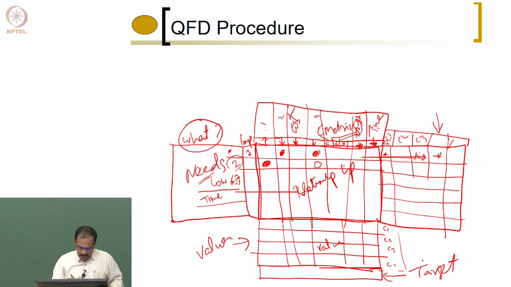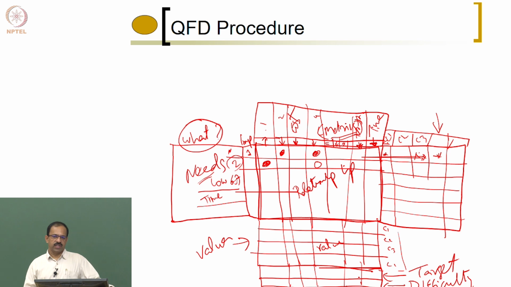Okay, then we'll have one more thing to say, how difficult it is to change the metric. Difficulty. Because some metrics are easy to change, some metrics are difficult to change. So which one is easy to change, which one is difficult to change? We try to identify here the difficulty level of each and every metric. Easy to change or difficulty level in terms of some ranking, you can give how difficult it is to change. So why we need to identify this is to see which metric can be easily changed to get customer satisfaction. So that is known as the difficulty level.